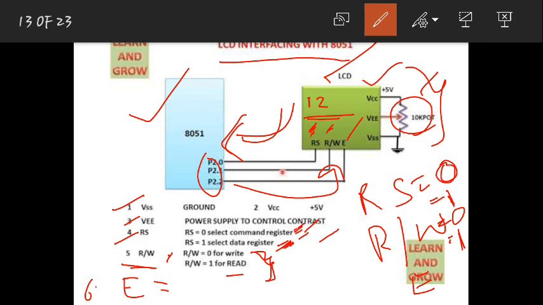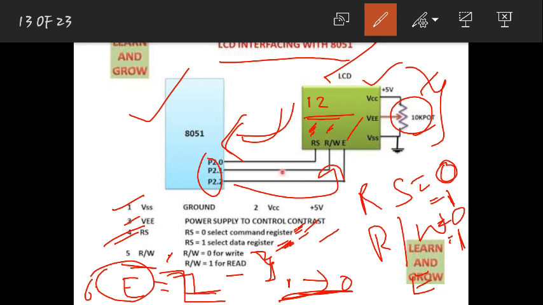To enable the LCD, I need to give first high and then low. That means first I should make enable pin equal to 1, then to 0. Only then can my LCD latch whatever data or command I am giving. Even if I give a command, I should make the enable pin go from high to low. Even if I give data, I should make the enable pin go from high to low.